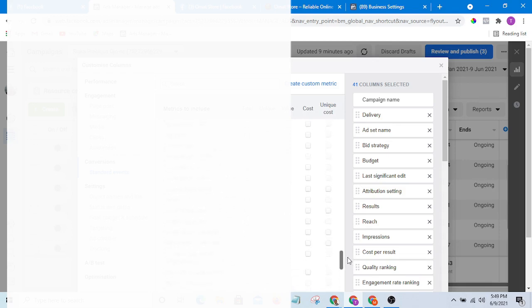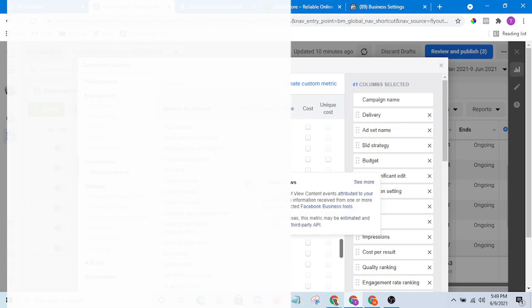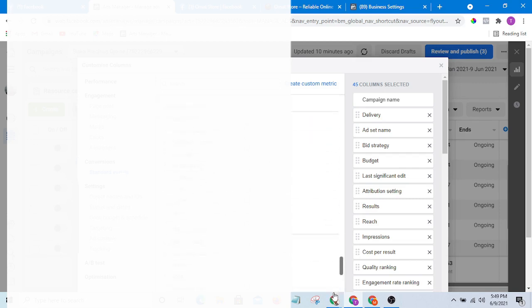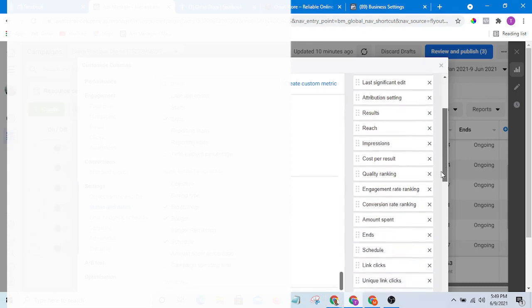That is content view. Okay, content view, very important. Those people that have visited your landing page, you want to know the number of them. It helps you to account for how your ad is performing.